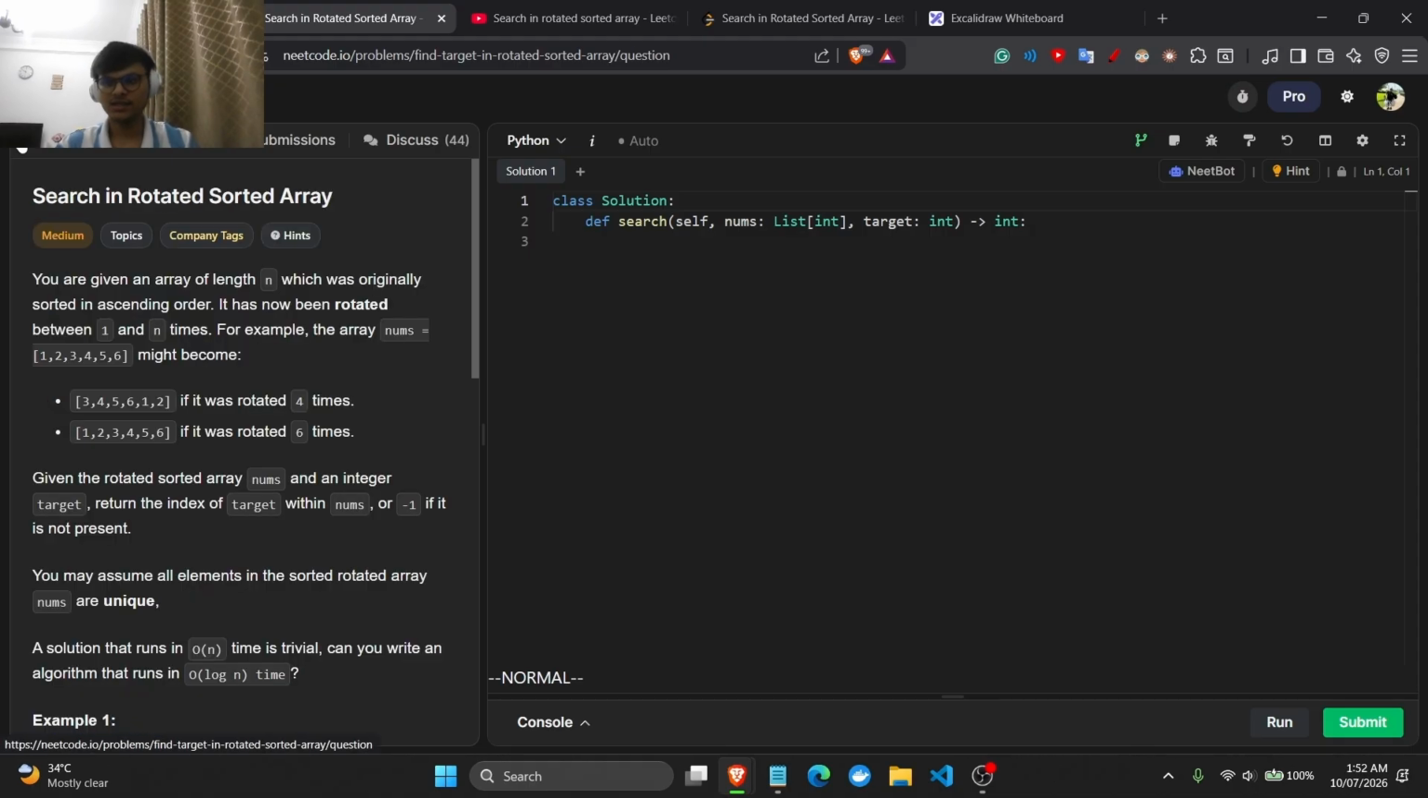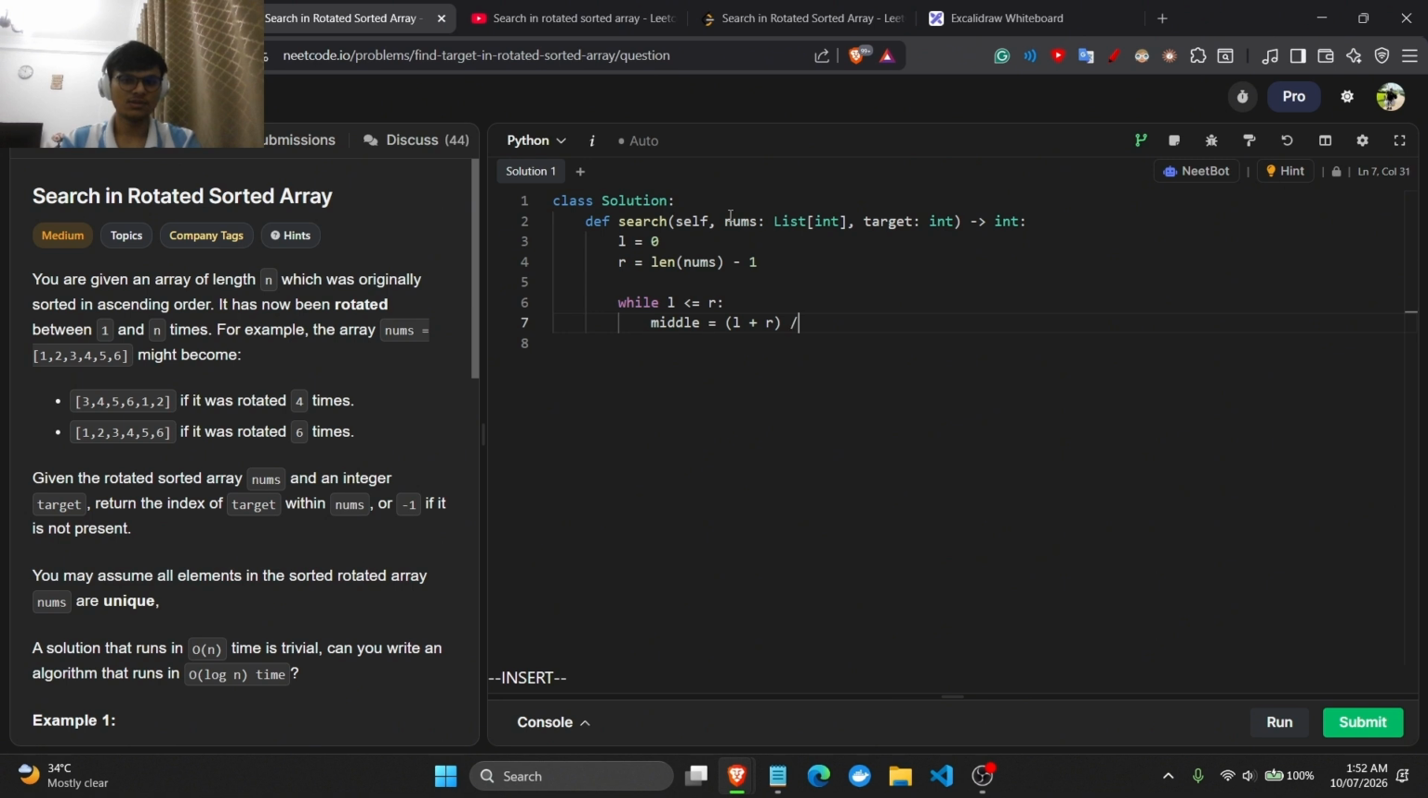So I think the idea behind this is that we'll have L is equal to 0, R is equal to length of nums minus 1, while L is less than or equal to R, middle is equal to L plus R. Am I sad? Yes, I am. If nums middle equals target, return middle. Else you want to check